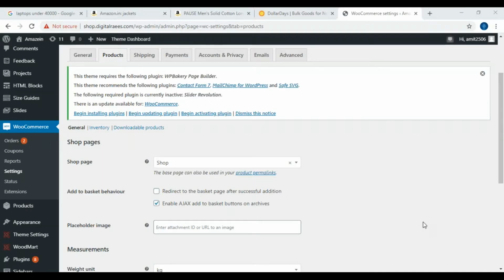Okay, now see here. We have seen there are some basic elements for an e-commerce website. When we install WooCommerce, by default it creates those basic elements, which are the different pages. If anyone wants to shop, they will have a shop page.